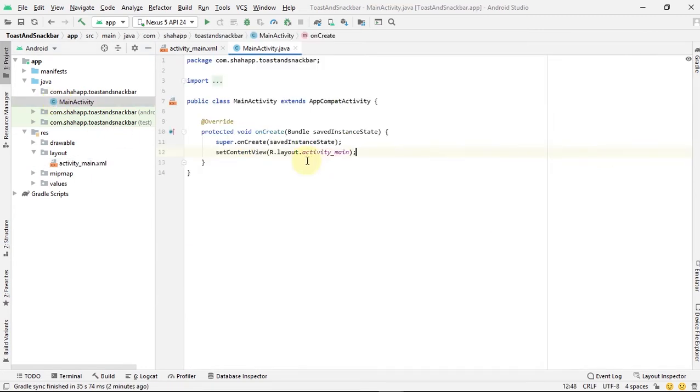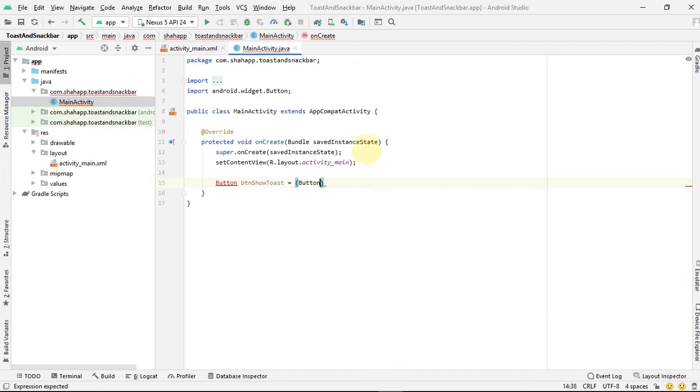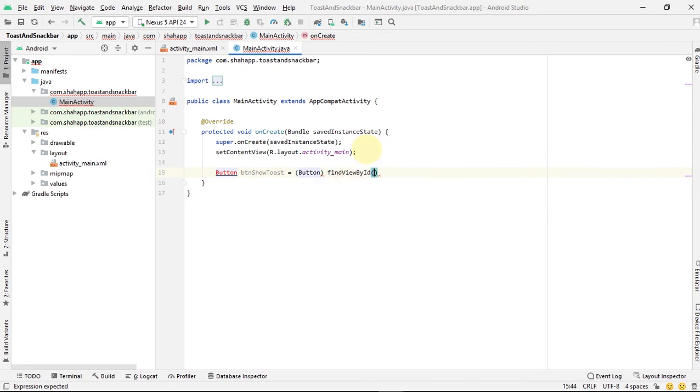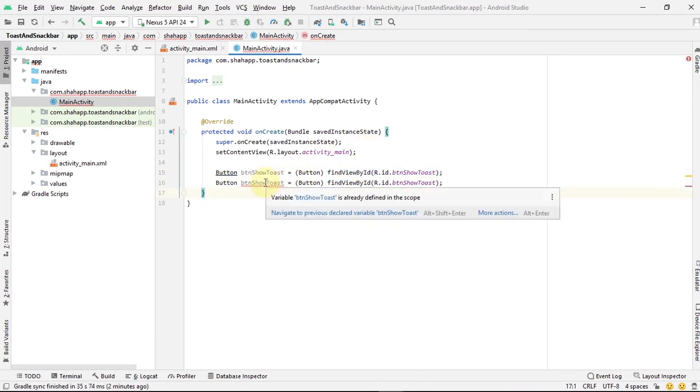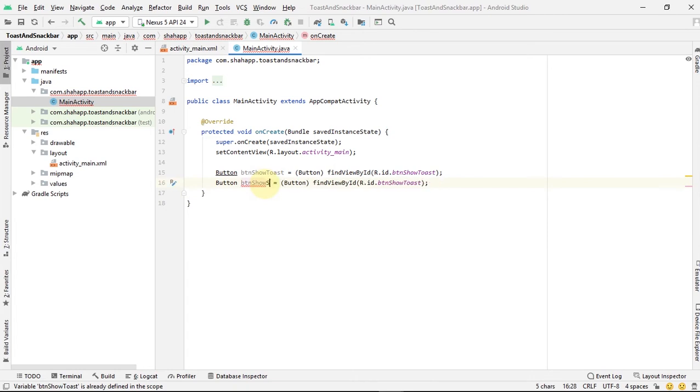Now go to main activity. First, create a reference to our button. And for our show a Snackbar button,